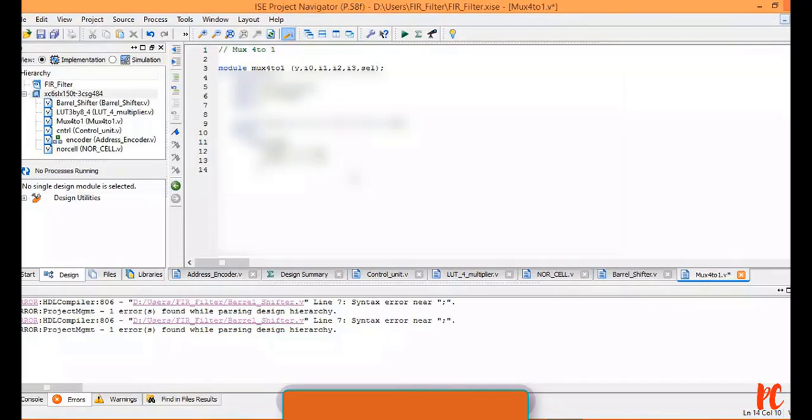If it is 2'b10, your y value will be I2. And finally, if it is 2'b11, your y value will be I3, followed by endcase and endmodule. Let me just save it.